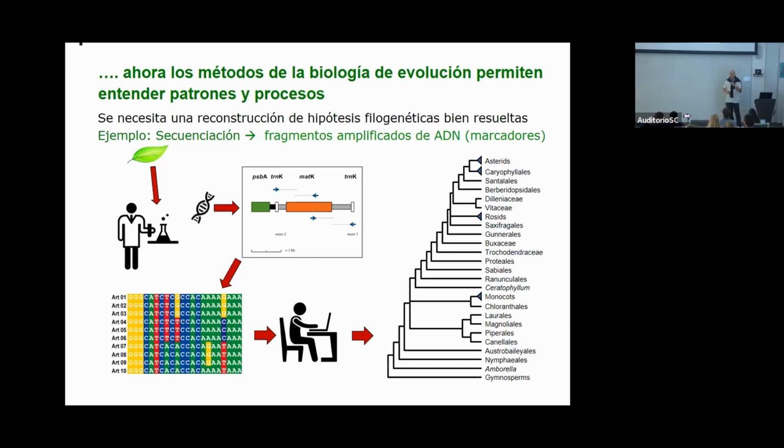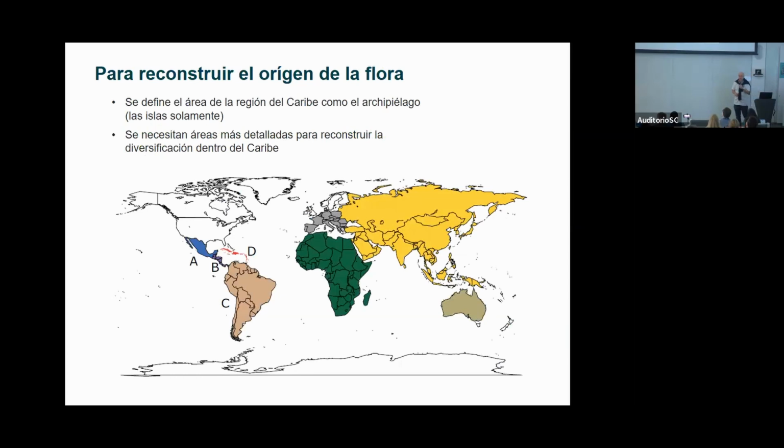This is a very simplified picture. Basically, we're using leaf material to reconstruct trees. This is a summarized tree of flowering plants as a whole, but the methods are very similar as we come down to the species level. If you're talking about geography, one issue is also very relevant: we need to see how we analyze it. Essentially, these phylogenetic trees reconstruct the evolutionary history of our organisms through time. We can apply a molecular clock and calculate when which diversification event happens, but then we need to worry about geography.